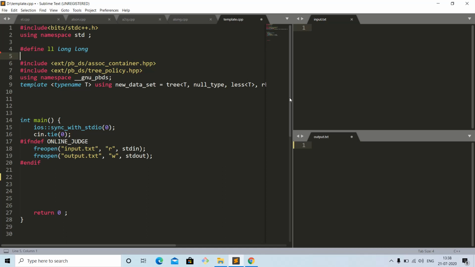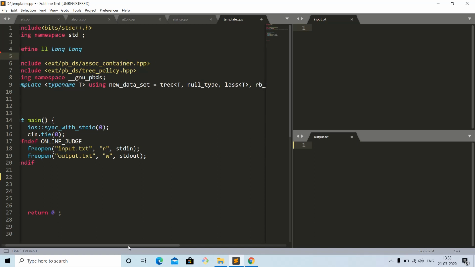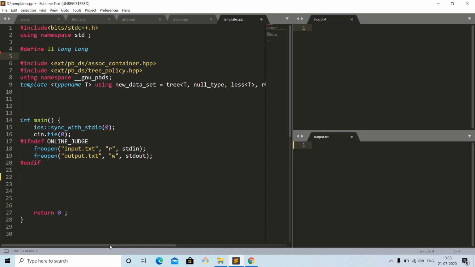Hello everyone. In this video, I'm going to tell you how to configure your MinGW setup so that you can run these policy-based data structures, which are very useful, especially in competitive programming. If you do competitive programming, then we typically know the data structures available in STL, like set